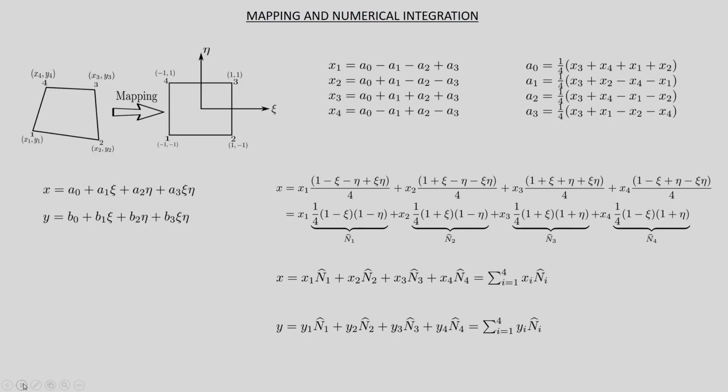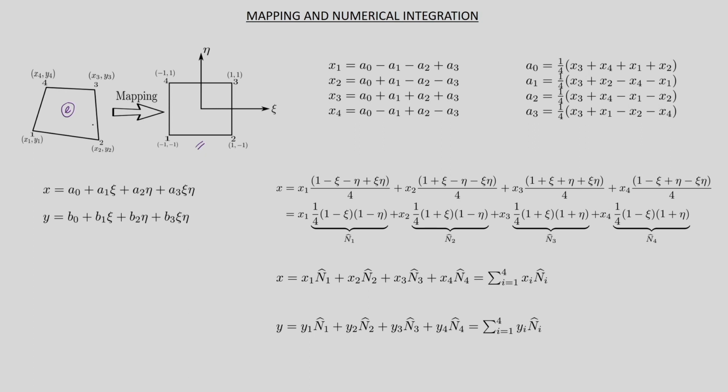So, in this case the size of the Jacobian and all will remain the same, but how we map it and how we calculate at certain points in the master element to find out the values of the stiffness entries and the force entries are illustrated in these slides. So, here I have taken a physical element E, mapped it into the master element that has been shown as xi eta frame. This we have already seen in the earlier slides.